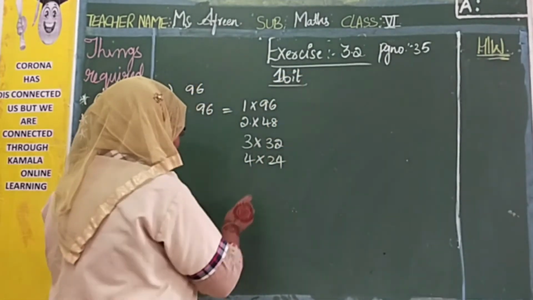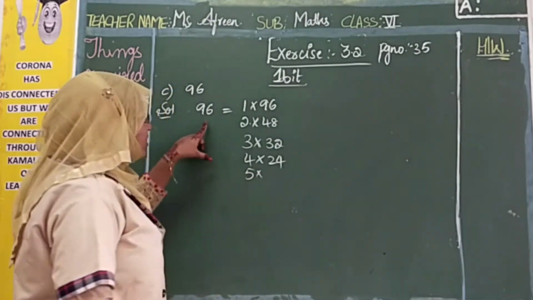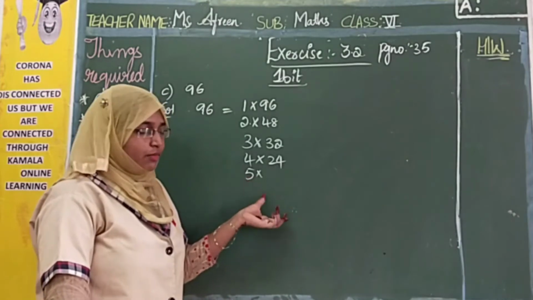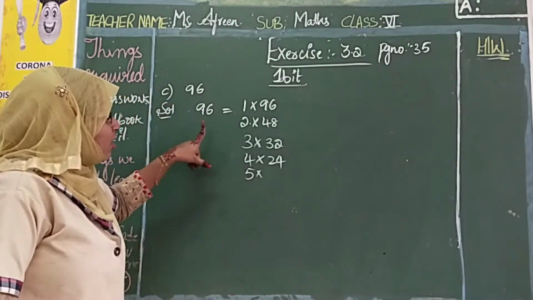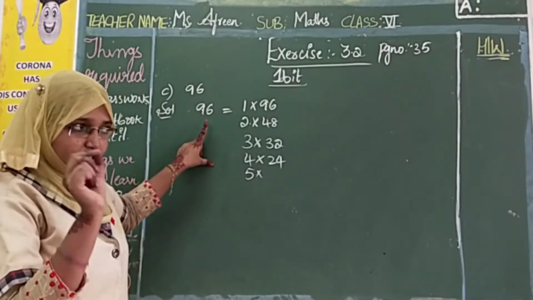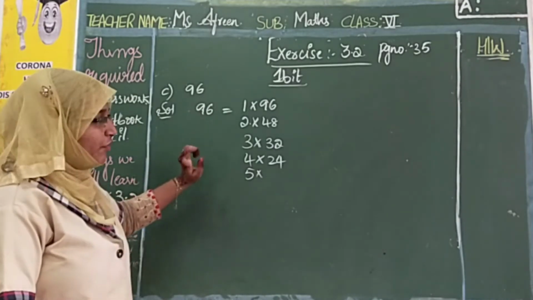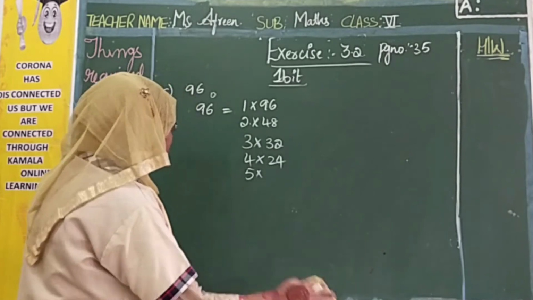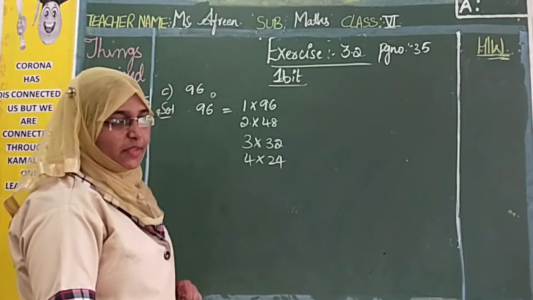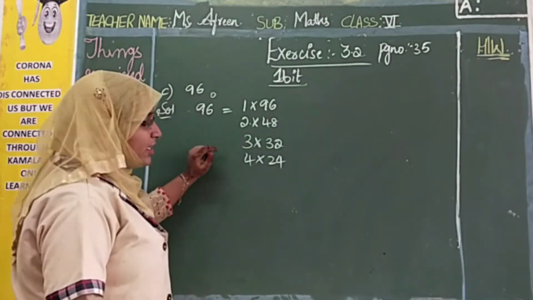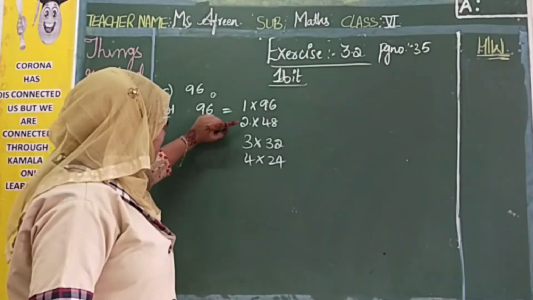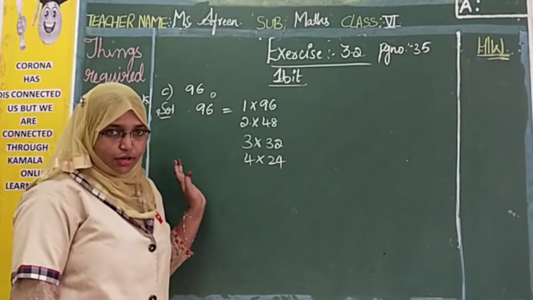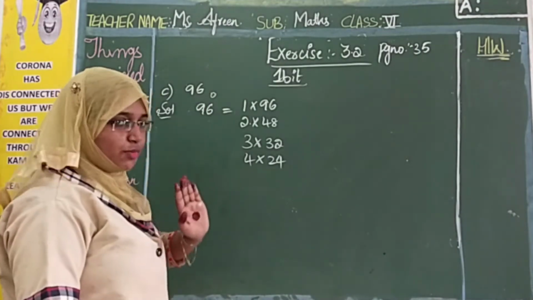Now let us take 5 as a factor. Let us check 5. What is the rule for 5? Instead of directly multiplying and checking each number, if you apply the divisibility rule, what is the rule for 5? The digit at the one's place should be 0 or 5. This is our one's digit. But here it is what? 6. So 5 is not a factor. Right. Now what is the rule for 6? Rule 6 means it should satisfy 2 and 3. Then only 6 is satisfied. Yes, 2 is a factor, 3 is also a factor over here. So yes, it is also divisible by 6.